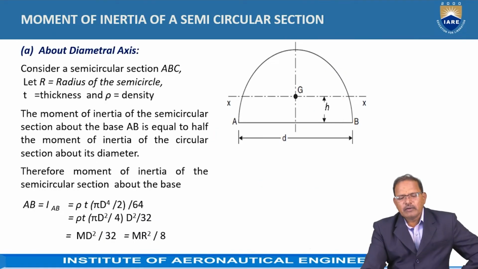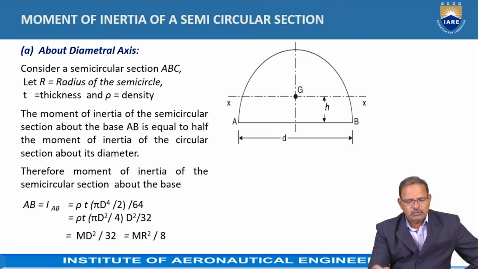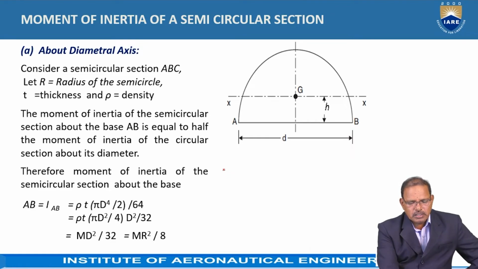Similarly, the mass moment of inertia of a semicircular section. Let us consider a semicircular section having uniform thickness T and density equal to rho, and R is representing the radius of the semicircle. The mass moment of inertia of the semicircular plate about its base is obtained. It is equal to half of the moment of inertia of the circular plate. That means I_AB is equal to,